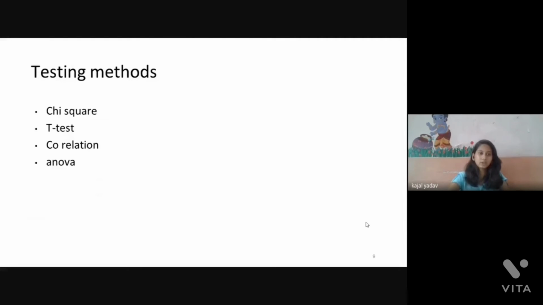For the correlation, there has to be the condition of two numerical variables, and ANOVA is for the testing of more than two variables. So these are a few of the testing methods used for hypothesis testing.